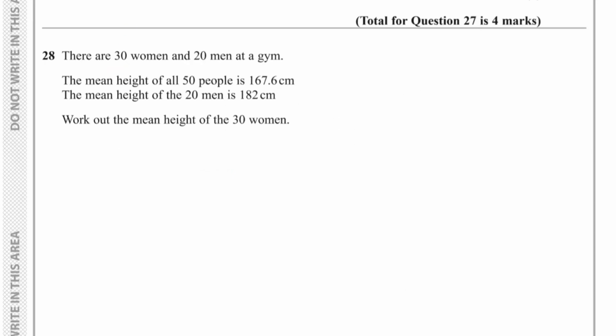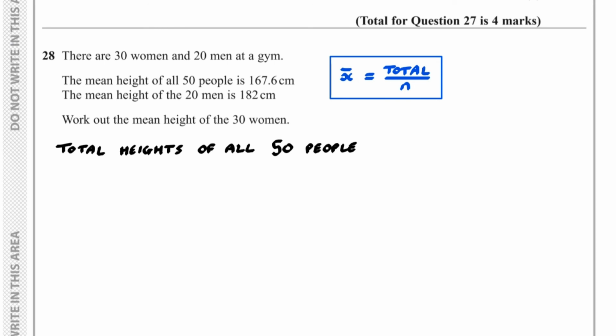Question number 28. There are 30 women and 20 men at a gym. The mean height of all 50 people is 167.6 centimeters. The mean height of the 20 men is 182 centimeters. We have to work out the mean height of the 30 women. The mean is given by the total divided by n, the number of pieces of data we have. The total heights of all 50 people, well, we've got 50 times by